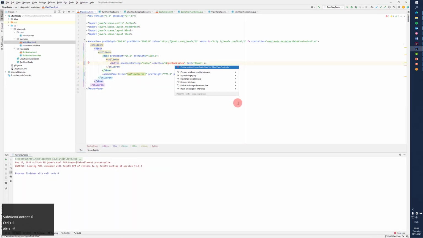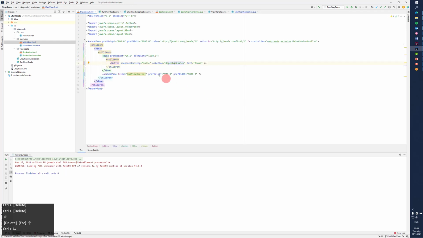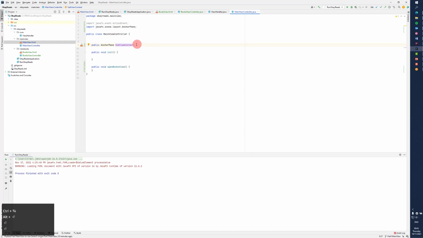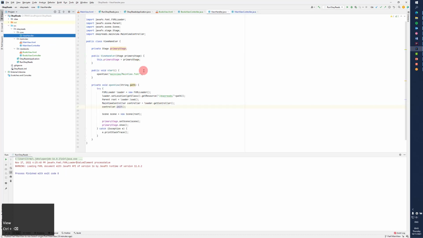I need a method, so quick fix this. I don't need any events, no events, and I need to go back and say this one here is also, you can see that it is yellow highlighted, so that's because I don't have a matching field variable, and I create it like that. So this is the root node of my subviews. So what should happen when I click the book view? Well, we say view handler, and sometimes, or most times, I give in the view handler here as an argument, but I think this time around we are going to